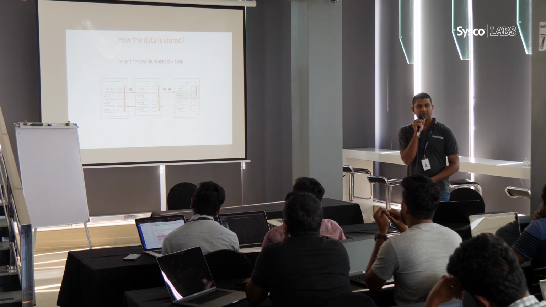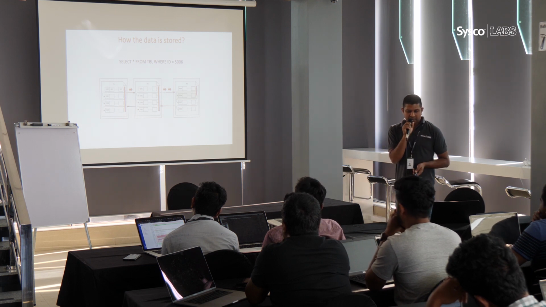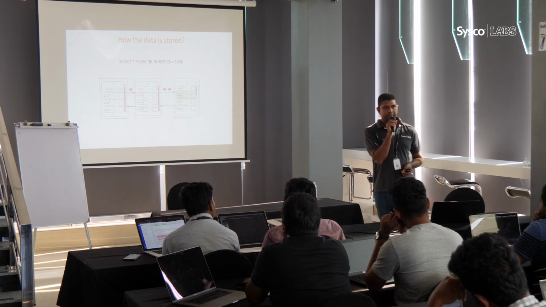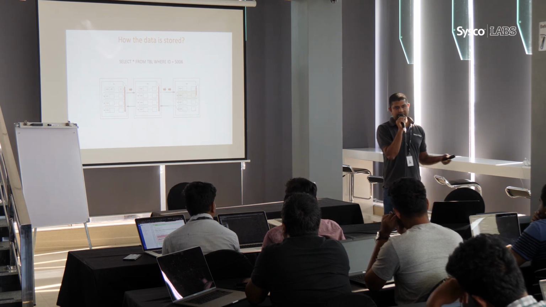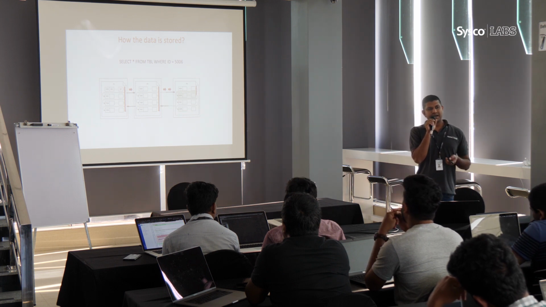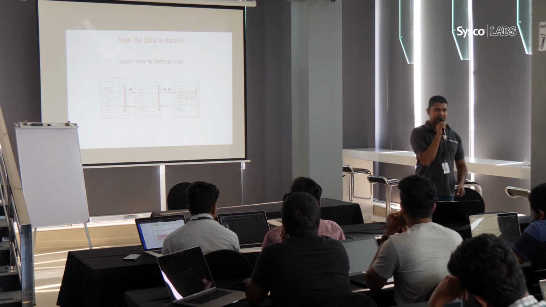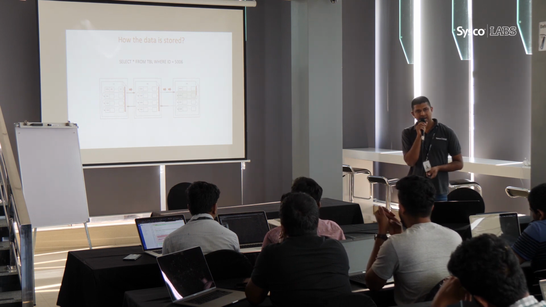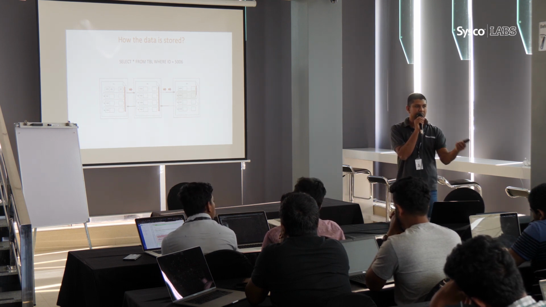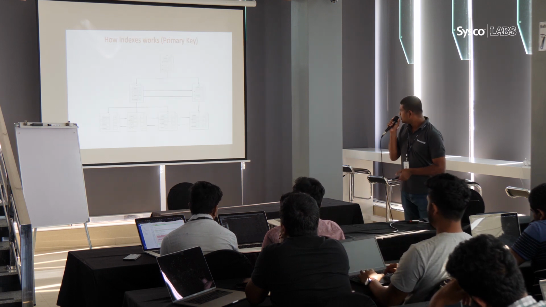Indexes actually optimize the way that we find these records. When you are talking about indexes, in any RDBMS system, there are 2 types of indexes. The first is the clustered index, and the second is the non-clustered index. In other words, what you know as the primary key and secondary indexes. There's a big difference in how the data is stored for those 2 types of indexes. Let's see how it goes.